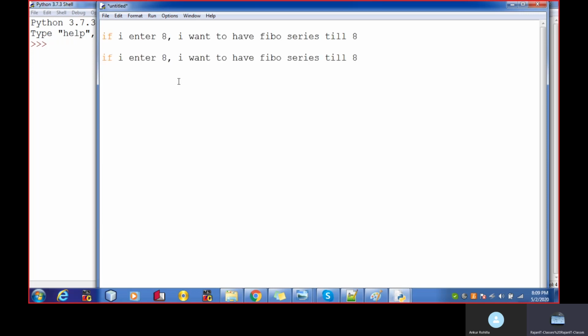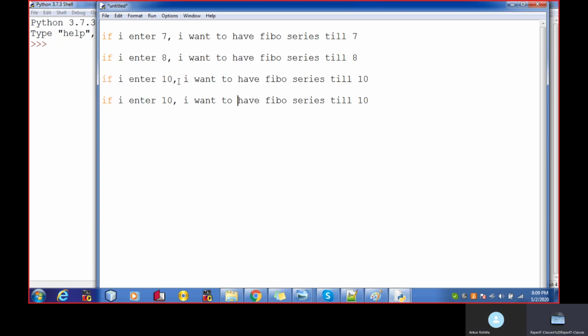If I enter 10, I want my Fibonacci series till 10. If I enter 7, I want my Fibonacci series till 7. Did you get my point or not? Yes. Similarly, if I enter 15, I want my Fibonacci series till 15.